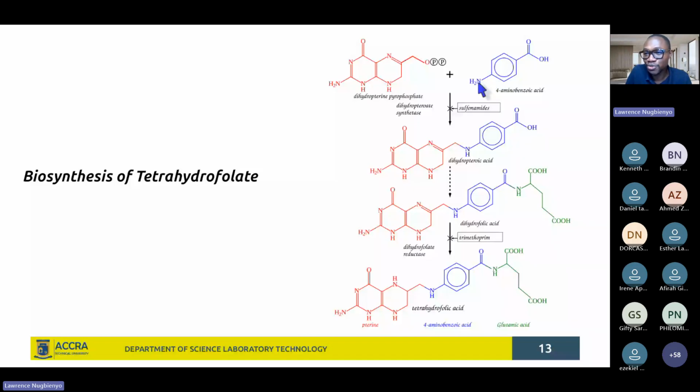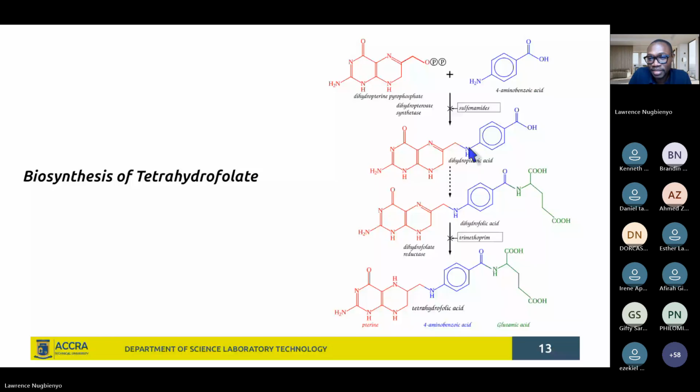That is why it is also written as 4-amino benzoic acid. So you either say 4-amino benzoic acid or para-amino benzoic acid. It's the same thing you are referring to. Now, the first thing which occurs is that you have the dihydropterin pyrophosphate and 4-amino benzoic acid getting